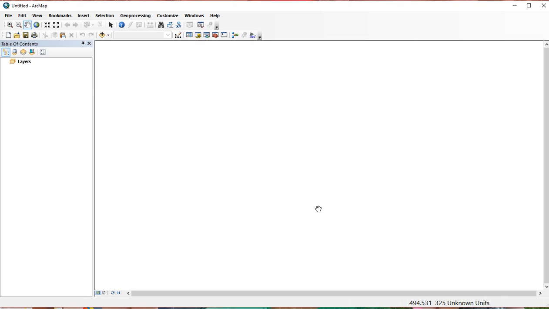Now, one of the first things I want you to notice is down here you're with unknown units. It doesn't know what coordinate system you're going to use yet. You can set this manually